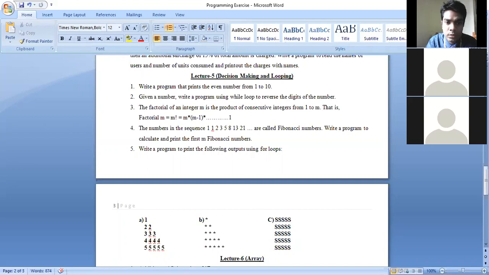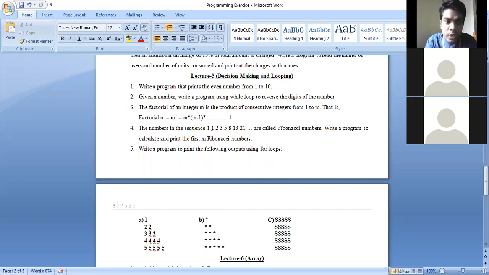How many programs in the final exam, sir? In your final examination, in this CSE 183 course, I'm going to give you 50% theory and 50% programming questions. And in your lab, I might give you 2 to 3 problems, not more than that, and you have to solve those problems. About the examination procedure and question pattern, I'm going to call another meeting tomorrow, and I'll discuss everything in that meeting.